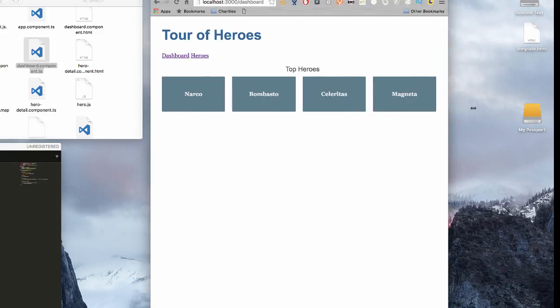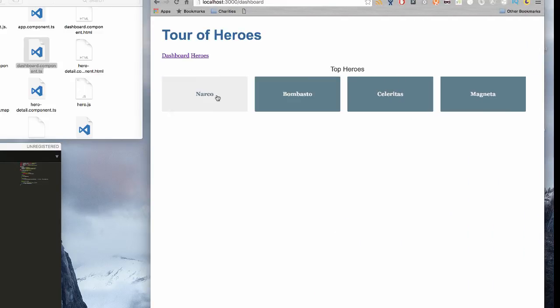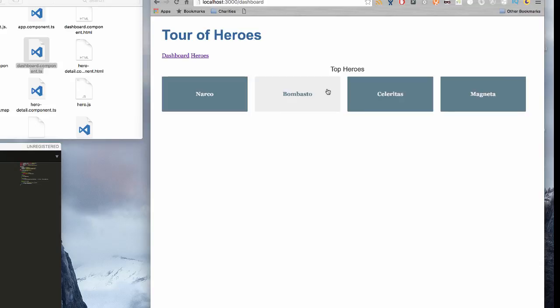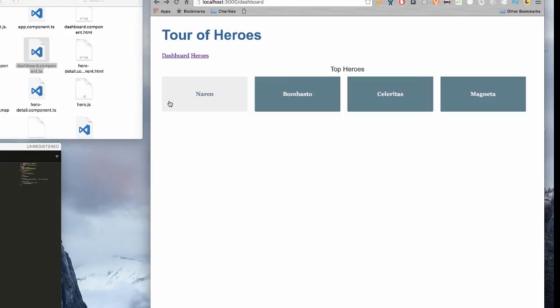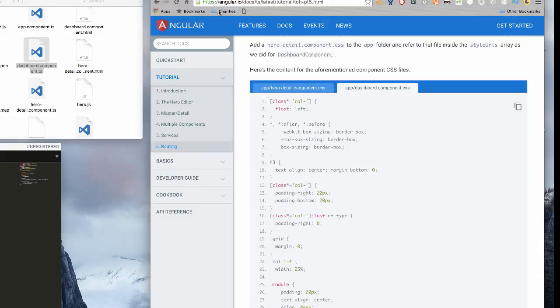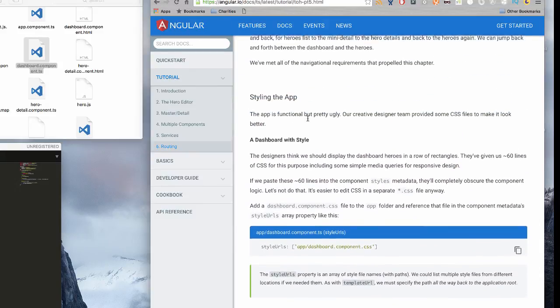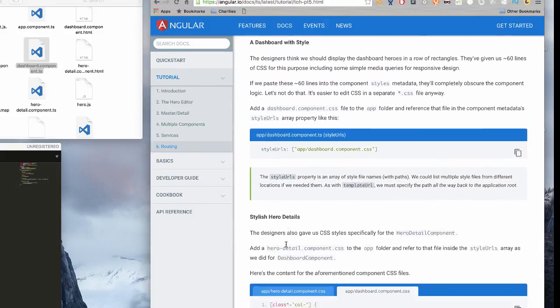Somewhat. It's somewhat responsive. It's a fluid grid, so if I click on one of these now, it goes back from that. Right, and the last bit was, so it was the dashboard, and then the last one is the